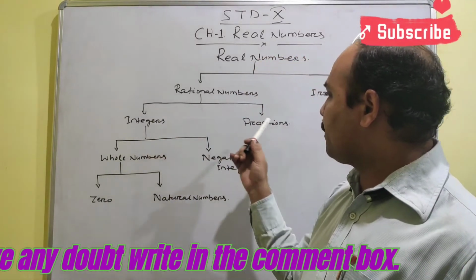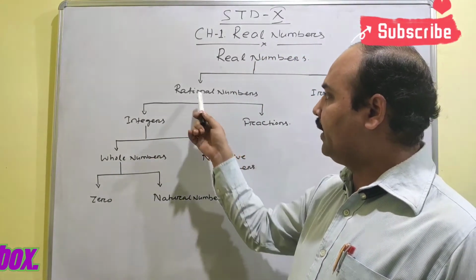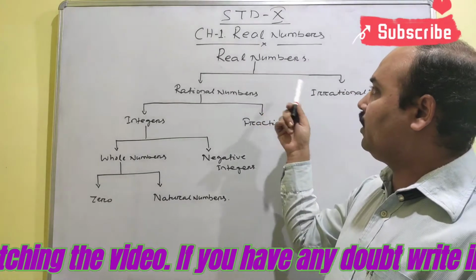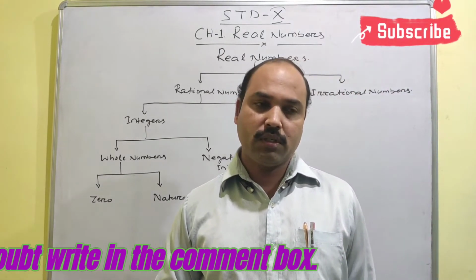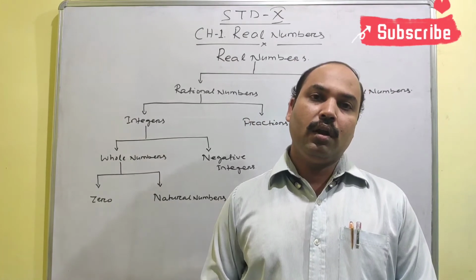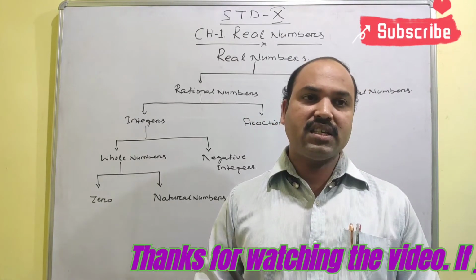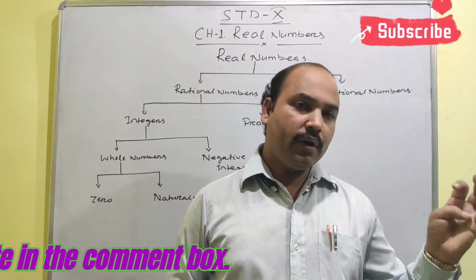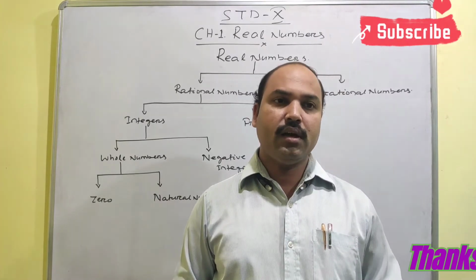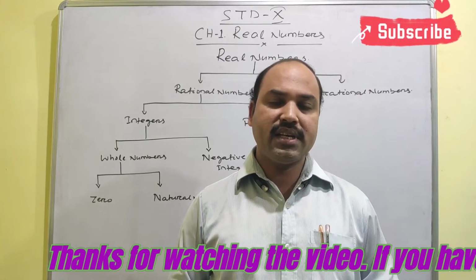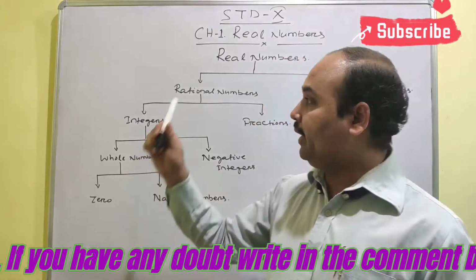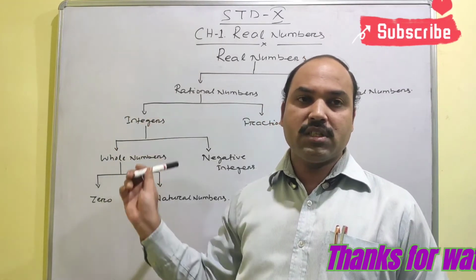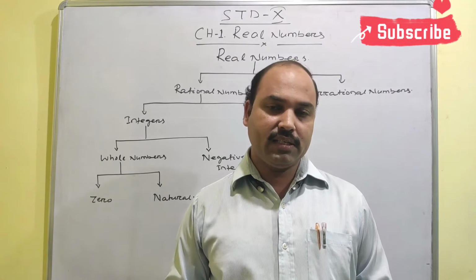Okay? Then integers and fractions, when we take them together, we will get the rational numbers. Then rational numbers and irrational numbers, when we take them together, we will get the real numbers. It means the real number is the largest set. It is the combination of all numbers: natural numbers, whole numbers, integers, fractions, rational numbers, irrational numbers, everything. Every number will be there in the real numbers. Okay friends, that is what we discussed in our 9th class.